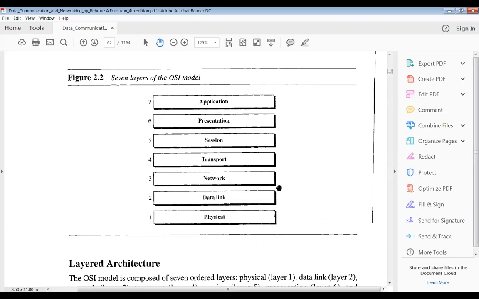It can be any format which has to be visible to the end users. That is the job of the presentation layer. And from there your data will be sent to the session layer. The use of the session layer is that it is responsible for connecting your sessions using a protocol called the SIP protocol, the Session Initiation Protocol.